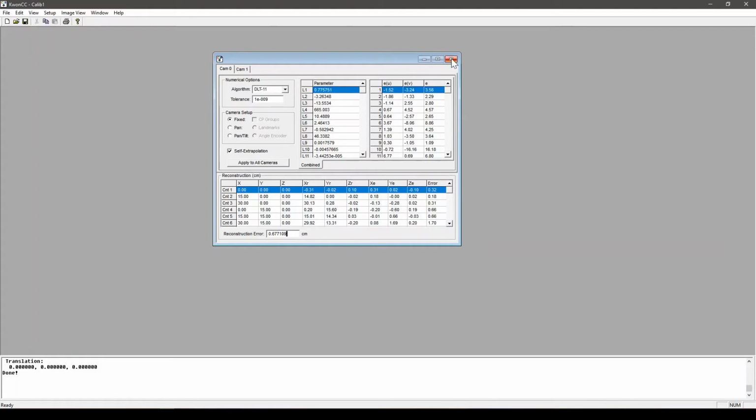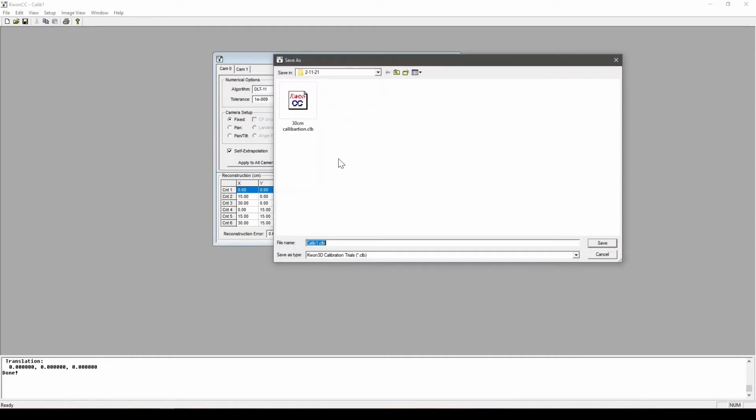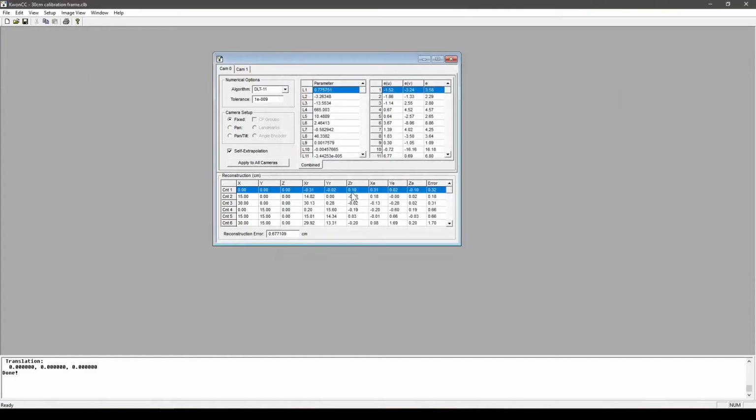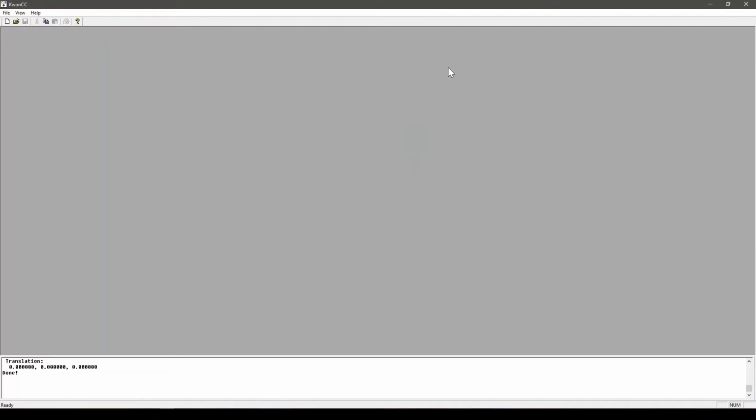So now we have to save the calibration file. So I will click save, and name it 30 centimeter calibration frame. Okay, so I will save this file. So now you have made the template, and we have made the calibration frame for the Kwon 3D software. So the purpose of this software is done. So we will close this software, and